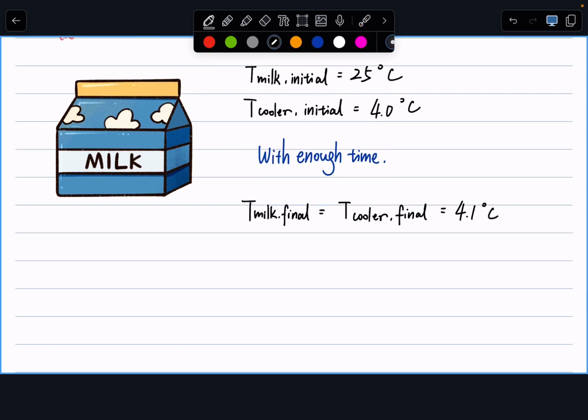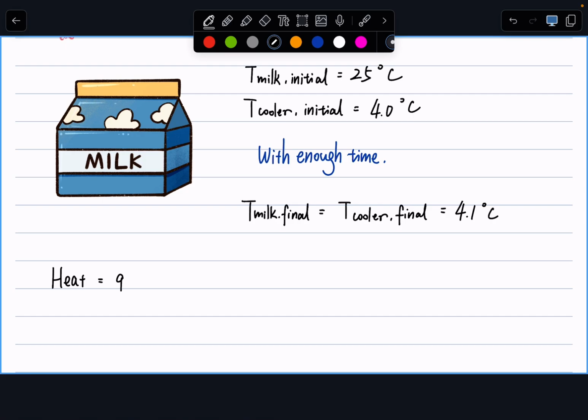We have heat flowing from the milk, which has higher temperature, to the cooler. I guess I shouldn't say refrigerator, because with a refrigerator you have things doing work to maintain the temperature. But now we have a cooler, right? It's isolated from the rest of the universe. Now the energy transfer from your milk to the cooler is the same as the heat absorbed by the cooler from the milk. So in this process, we can write out the heat